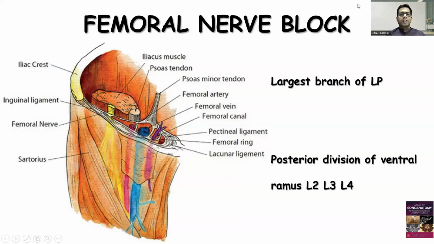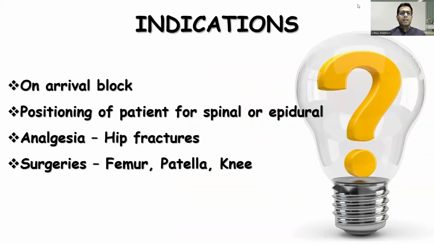Femoral nerve block. It is the largest branch of the lumbar plexus, which is from the posterior division of the ventral ramus of L2, L3, L4. It is part of an on-arrival block. It is also a component of a plan A block. It helps for positioning of the patient. We can use it for positioning before spinal or epidural, for hip fracture analgesia, and for surgeries on femur, patella,